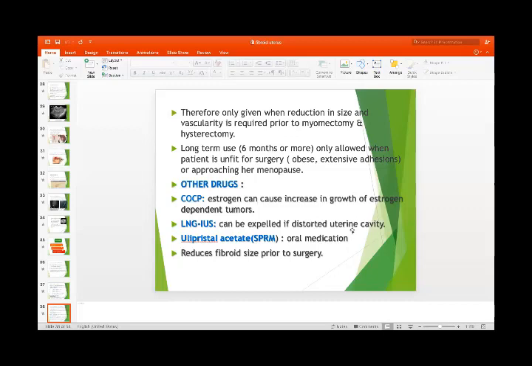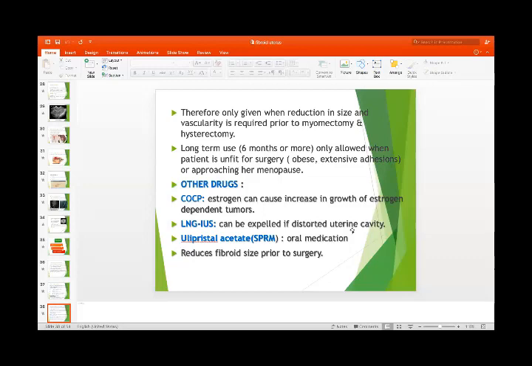Long-term use is only allowed when the patient is unfit for surgery, or if she is obese, has had extensive radiation, has had previous surgeries, or is approaching menopause. The other medical treatment options include OCPs, combined oral contraceptive pills. They have estrogen content, so they may increase the size of the tumor. Levonorgestrel intrauterine system can be inserted if it is not a submucous fibroid, because if it is a submucous